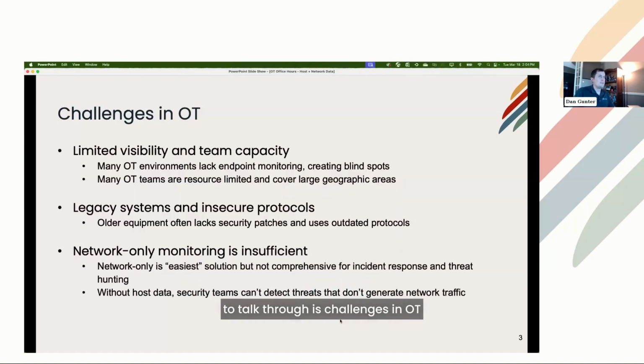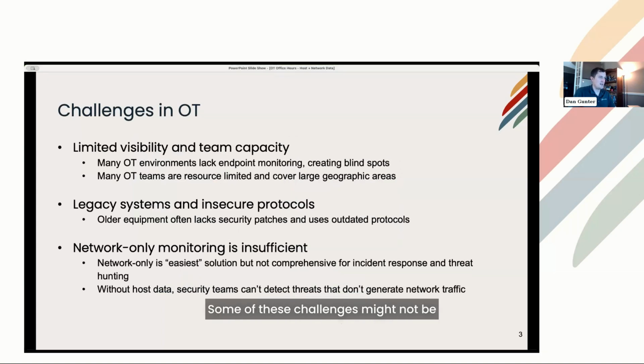So today, what we're going to talk through is challenges in OT, and why it's important to have both host and network data. So we're going to start out with some challenges. Some of these challenges might not be new to you, but when it comes down to details of like, hey, I'm really comfortable doing network because I can just buy a product and put it in. Well, what are you missing on that, right? Or hey, maybe we've actually run into people that have been stronger on the host side. They're either paying the big Splunk bill or they're paying the big SIEM bill, and they actually do better. We see a few asset owners that are doing better on the host data side.